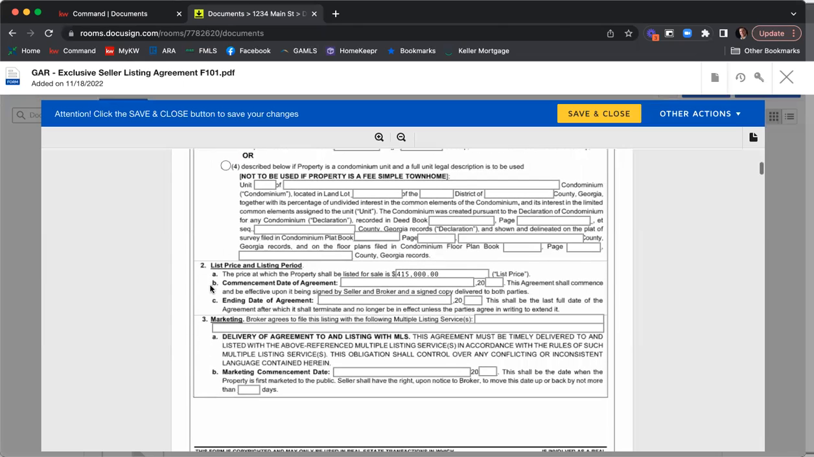Scrolling down, we have our list price. You can see it's automatically added, the $415. Our commencement of this agreement is going to be 11... Today is, what is today's date? Today is the 18th, 22, and ending date is